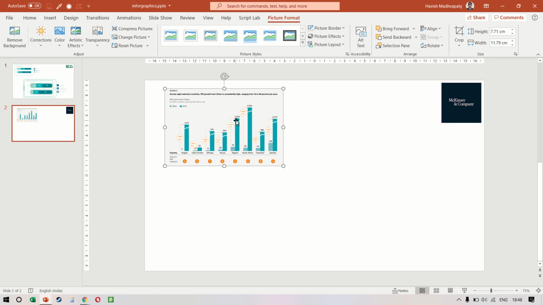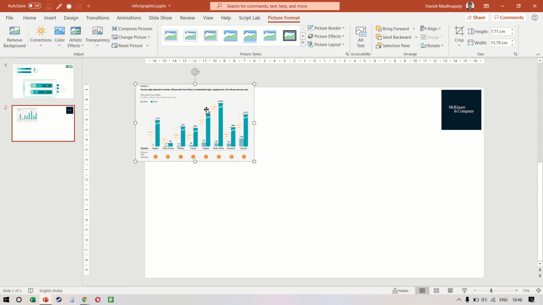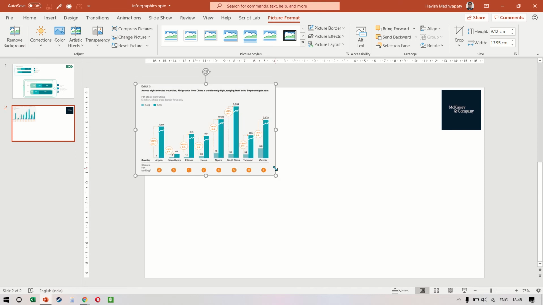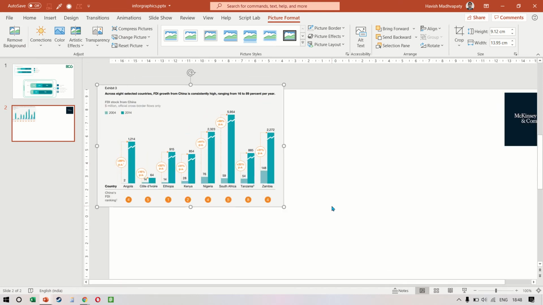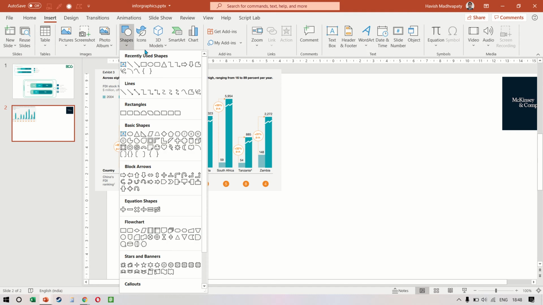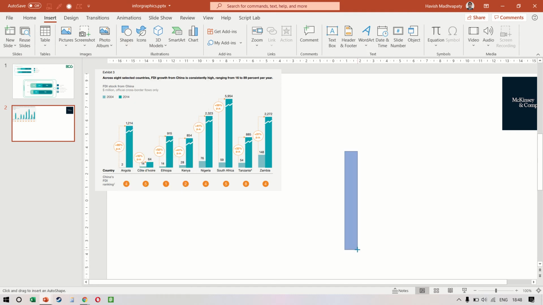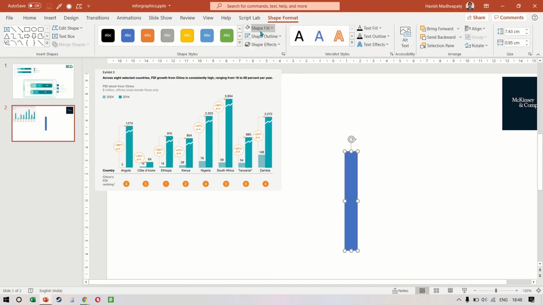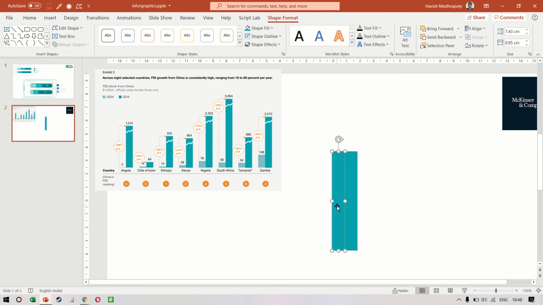Now, I don't want to do the entire thing because that will take a lot of time, but I just want to focus on the specifics. And once you start with it, then you'll be able to do all the others as well. So let me make a rectangle. We will remove the outline and keep the same fill color. Next to this, we also want to choose the lighter shade and we will put it like this.